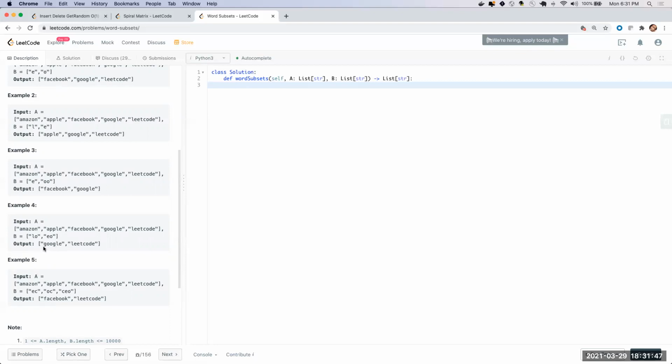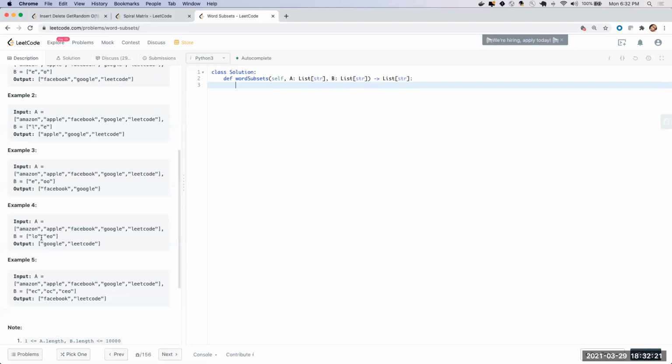Remember, the order doesn't matter. The fact that it needs to have 2 O's, right? Got it. Oh, yes. So LO is present in Google because it's opposite. The order is not important, and LO is also present here. Just the character presence is what we are verifying. Google contained L and O, right? LeetCode contained L and O. Google also contained E and O. LeetCode contained E and O. So they're both a match.